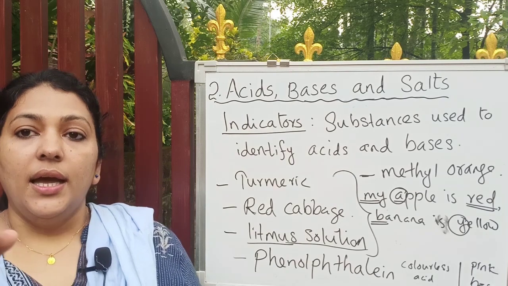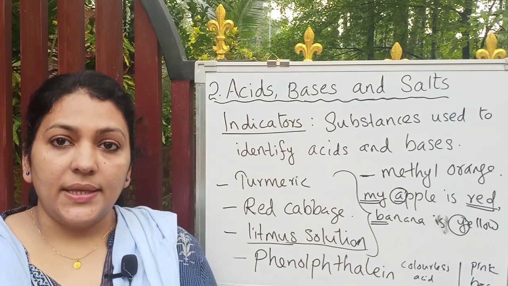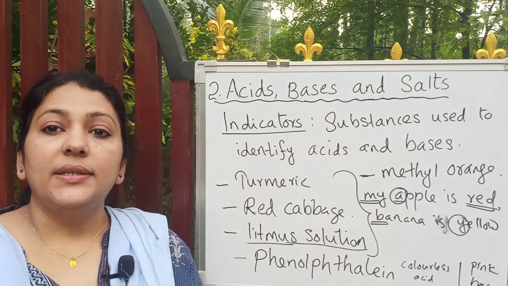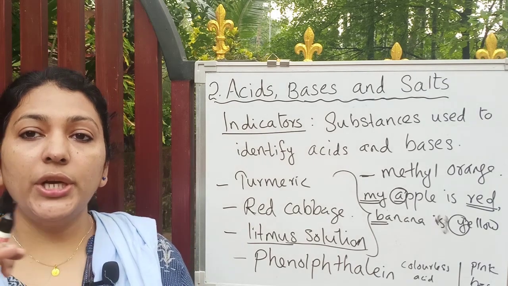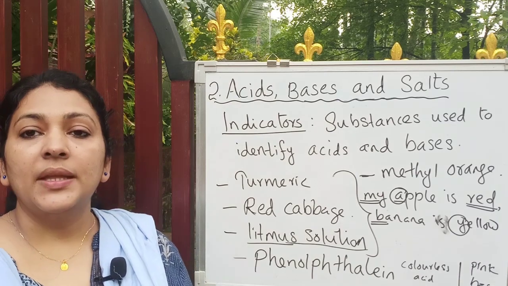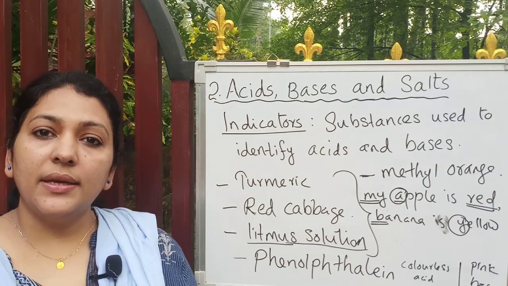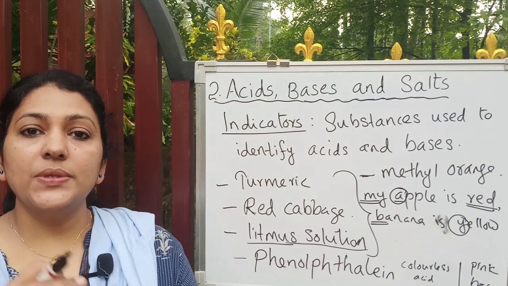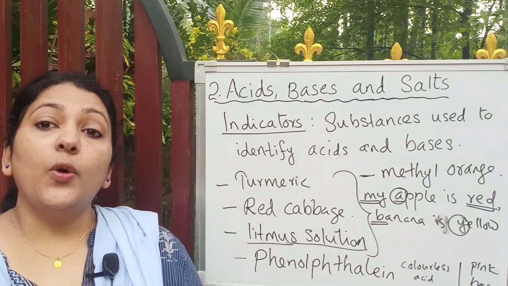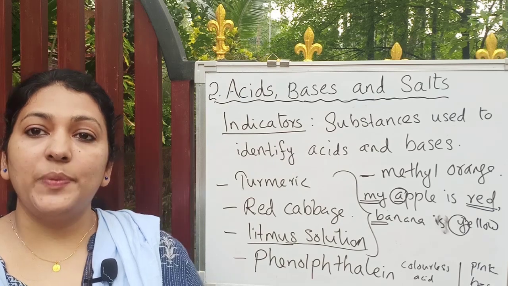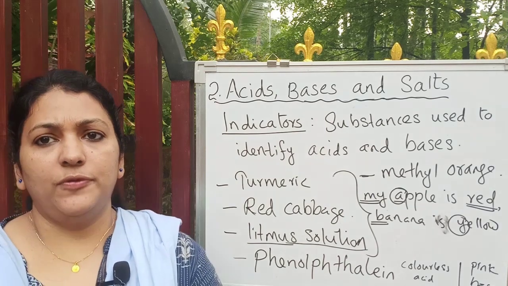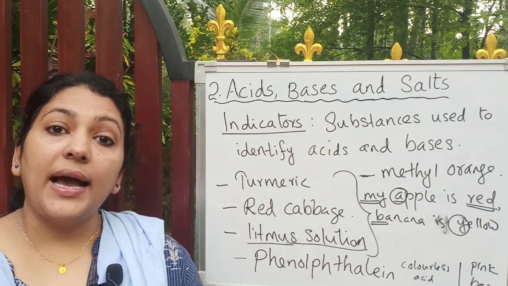Similarly in bases, they can show dark purple color in strong bases, blue color, and even light blue color according to the strength of the base. I will show that from the lab. You have practicals, and at that time you will understand more. So the universal indicator is an advantage because it shows the color according to the strength of acids and bases, that is, according to the pH of acids and bases. What pH is, we will discuss in the next class. And the last part of today's class is what are alkalis.